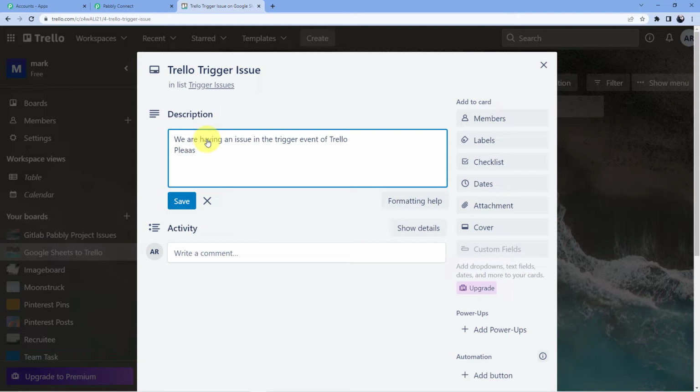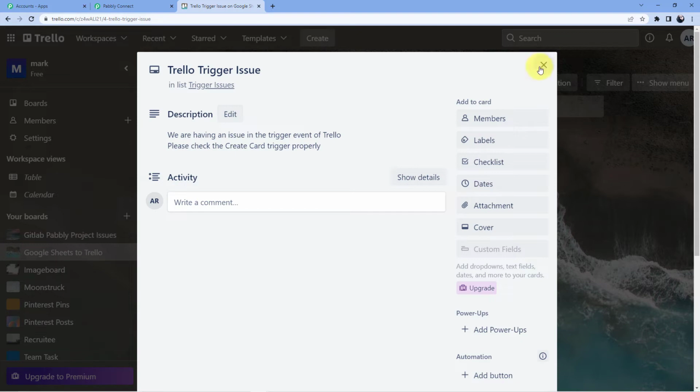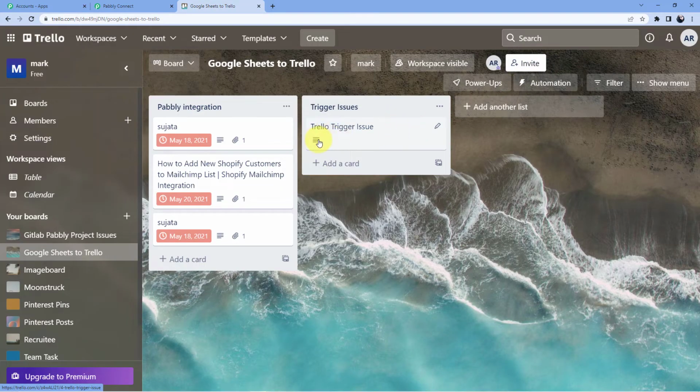Please check the create card trigger properly. Okay. Now this is the description. I'm just going to save it. And now as soon as I cancel it, you will see that I have this description here.